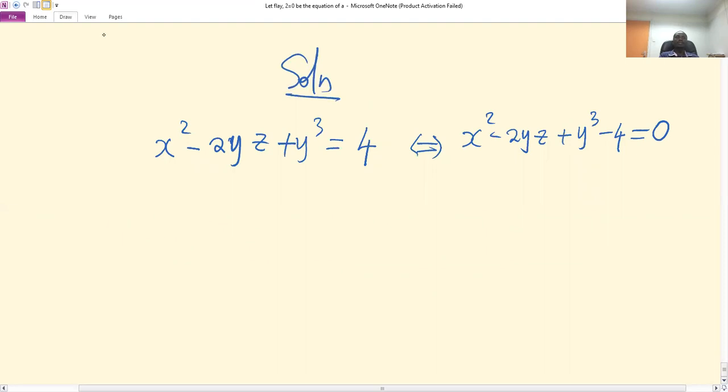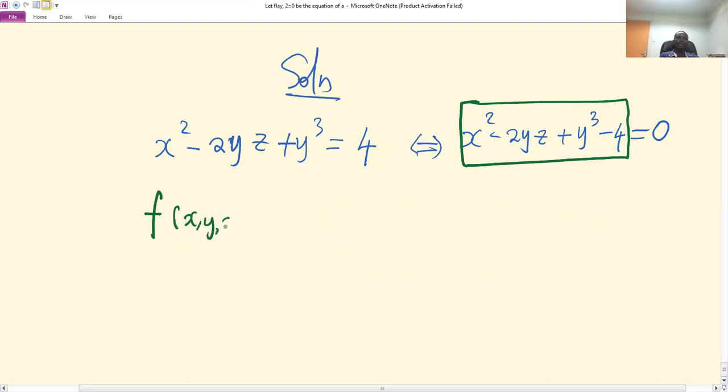Now this equation, call it f. So let small f of x, y, z be defined as x squared minus 2yz plus y cubed minus 4. And so let's get the partial derivative of this function with respect to x, y, and z,